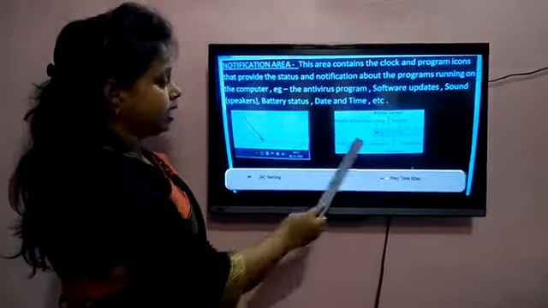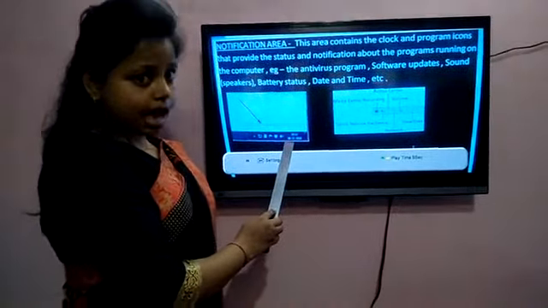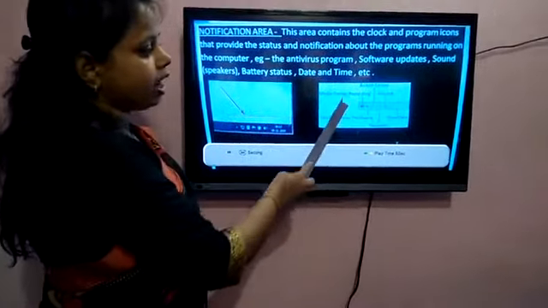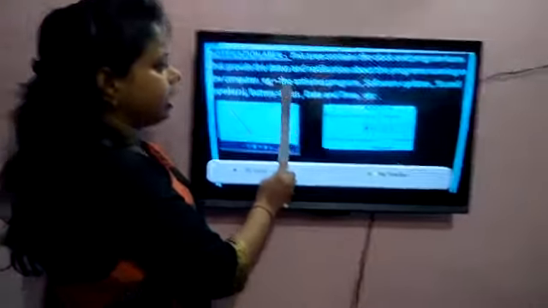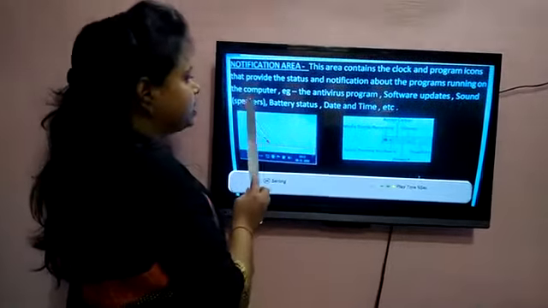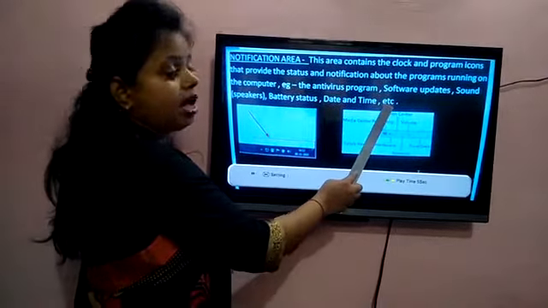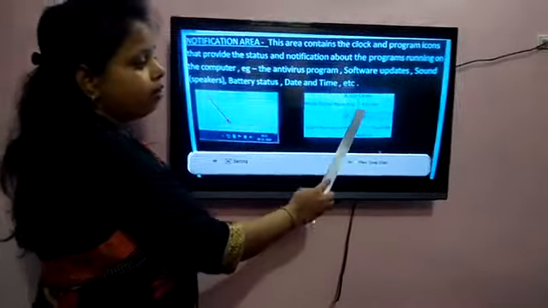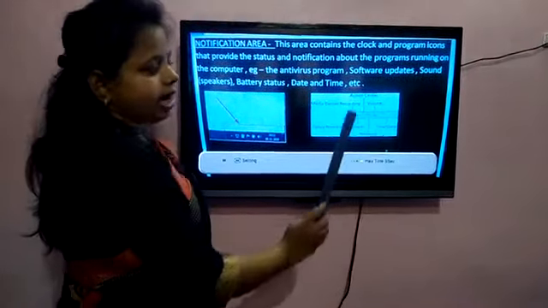Okay, you can see here the notification area. It is also present in the taskbar. It will give you information about the running programs, like antivirus program, software update, sound meaning speaker, battery status, date and time, etc. You can see media center, volume, action, safety, network, date and time.